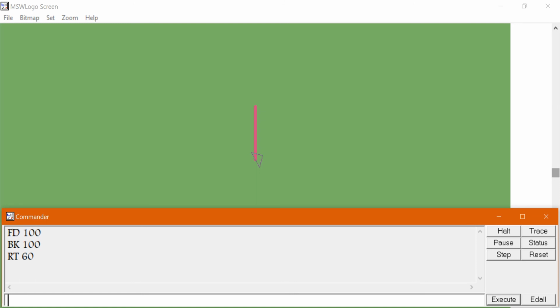See what pattern will come. FD 100, BK 100, RT 60. Again FD 100, BK 100, RT 60.